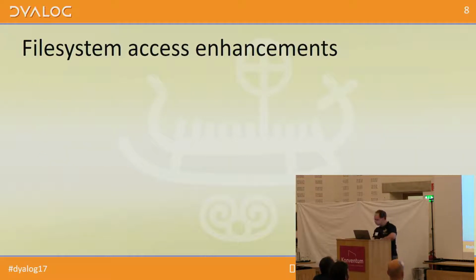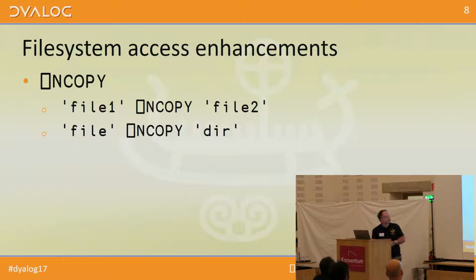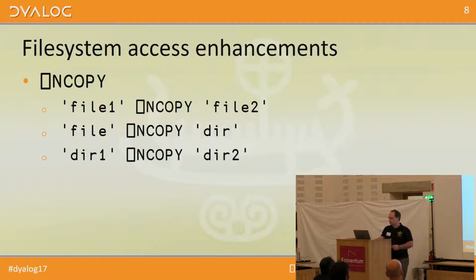Now then, where are we? On schedule, good. Right. Now then, another couple of biggies people are asking for. ncopy. And we're getting close to the title of the presentation now, aren't we? So, I propose that you can copy one file to another, and it will make a copy of the file. If you give the target as a directory, it'll pop the file called file into that directory. Similarly for directories, you copy dir1 to dir2, you'll get a copy of the directory and all of its contents.